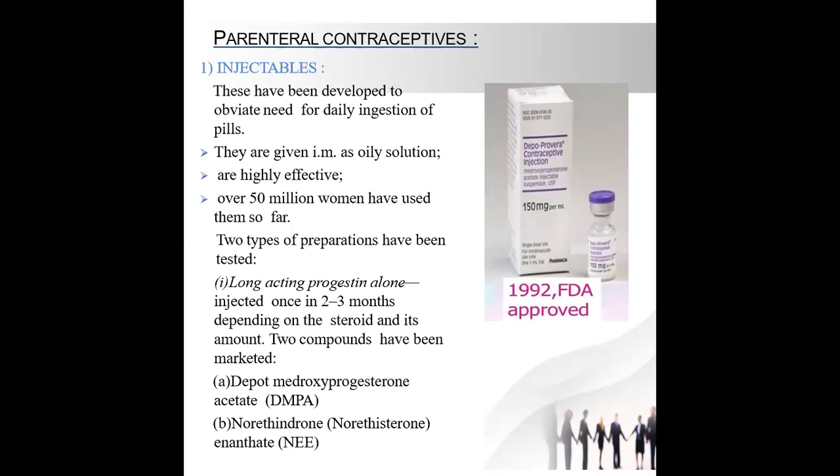There are two types of preparations which are tested. They are long-acting progestin-alone injections, which are injected once in 2 to 3 months depending on the steroid and its amount or concentration. Two compounds have been marketed, that is DMPA, that is depot medroxyprogesterone acetate, and